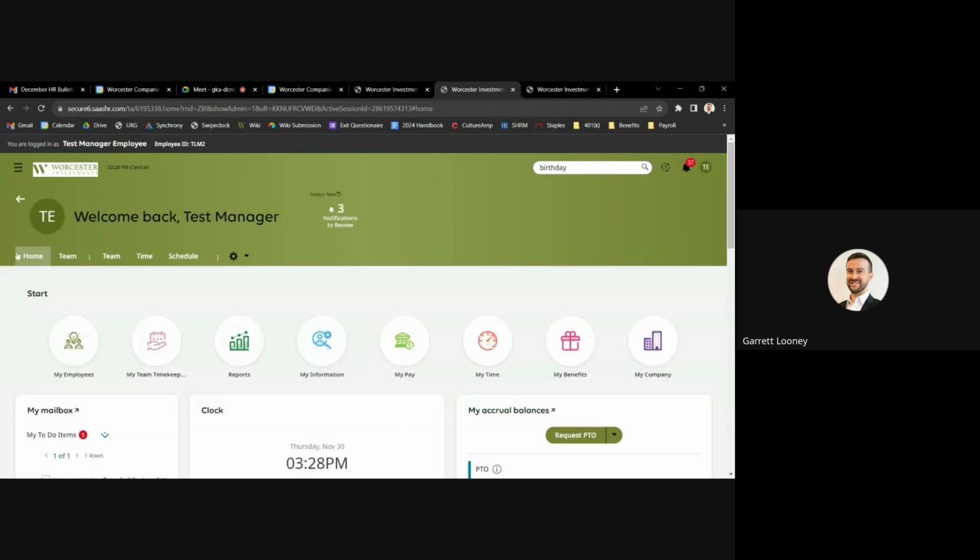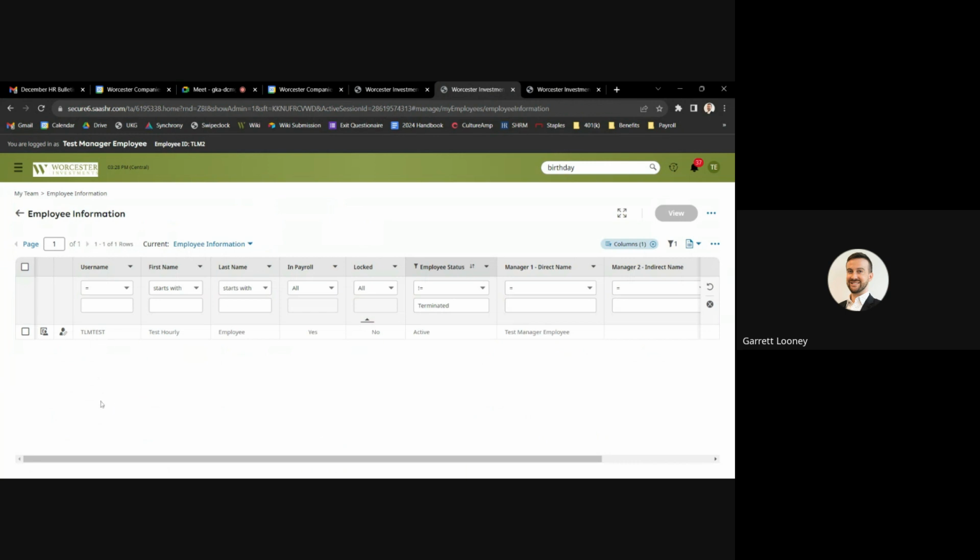If I go back home and I'm looking at my employee information, now I know we only have one test employee pulled up, but if you had a whole slew of employees, each menu looks just like this, with this kind of Excel-looking section. This is a way for you to search, and you can filter by name, username, their status. Like this exclamation equal sign just means that we're going to disregard anyone that's terminated, so it filters them out. You can always search any of these search criteria. And the cool part is you can always filter,